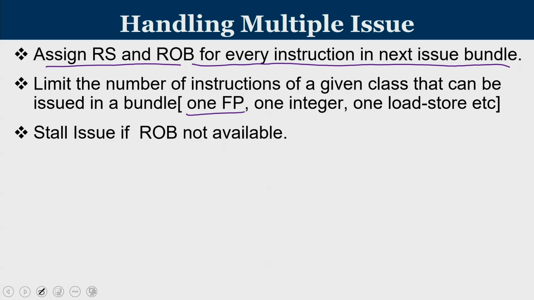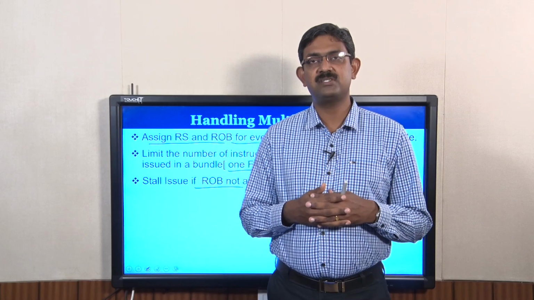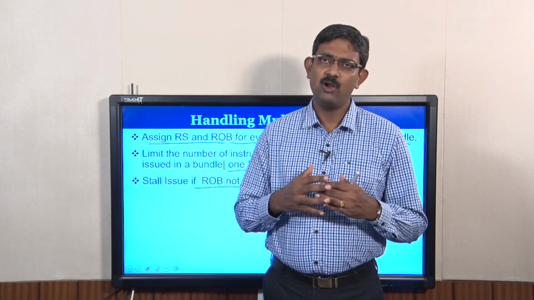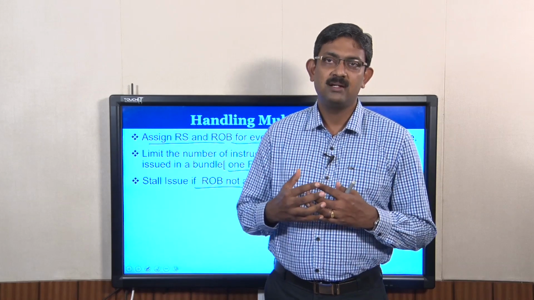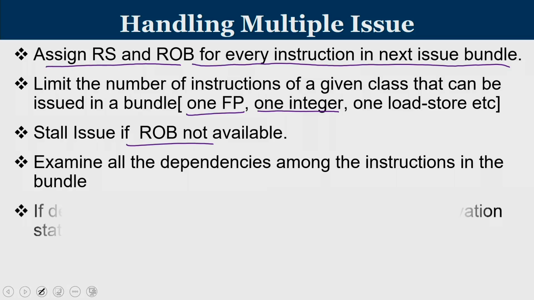Like what you are telling, we can have only one floating point instruction permitted, one integer instruction permitted, one load store instruction permitted. And if the reorder buffer is not available, of course you have to stall. So I was just trying to give a flavor of the challenges an architect faces while going for extreme optimization: handling of these dependencies, handling of the hazards, checking of the reservation station availability, checking of the reorder buffer. All these are going to be complex tasks. So all these issues are addressed in the modern day processors we are working on.